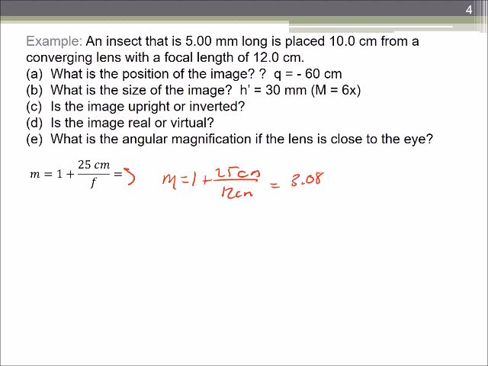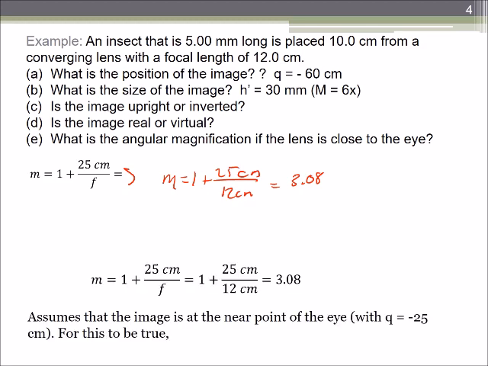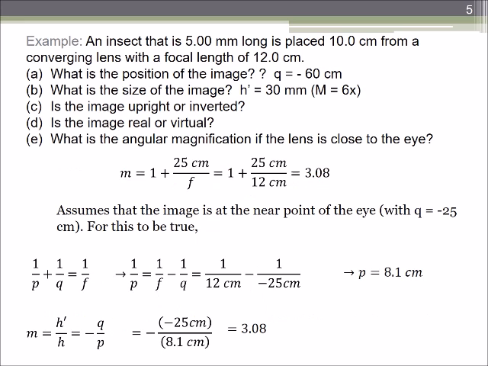So this assumes that the image is at the near point of the eye for this to be true. What this means is that if we had taken our equations, and said that the image is going to be at negative 25 centimeters for Q, and we solve for P, then the object must be 8.1 centimeters behind the lens instead of 10 centimeters,